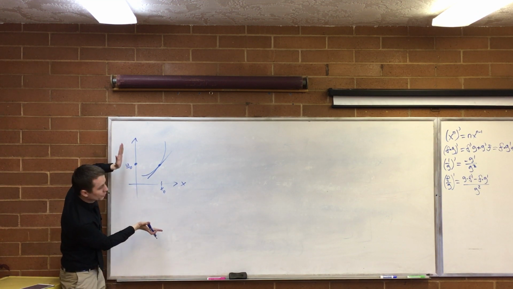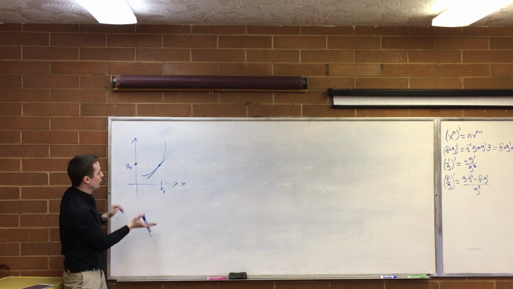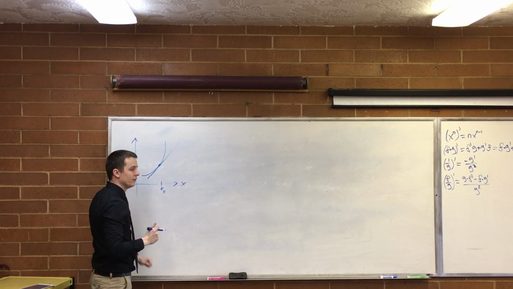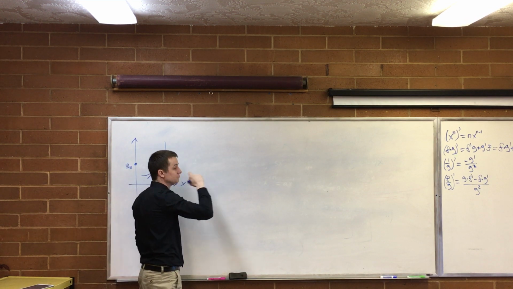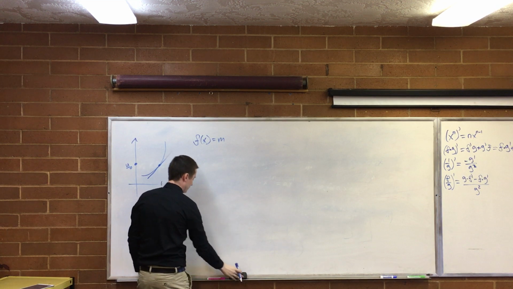So now you think about it rotated like this. We're plugging in y's and we're spitting out x's. So now the slope of this thing is going to be x over y instead of y over x. Okay? So, in other words, if I know that f of x is equal to, well,